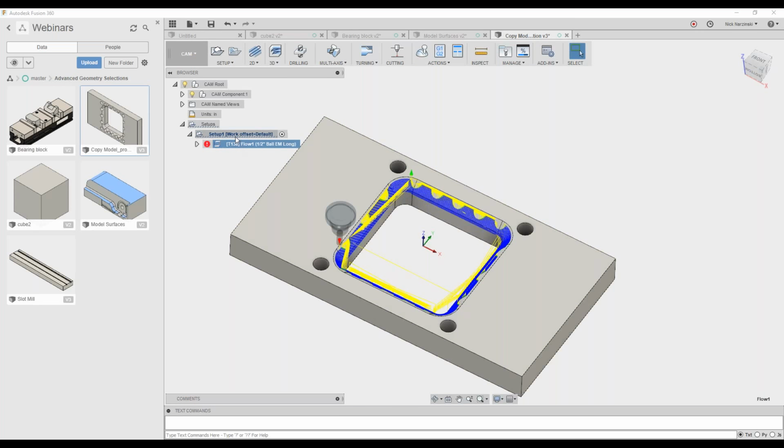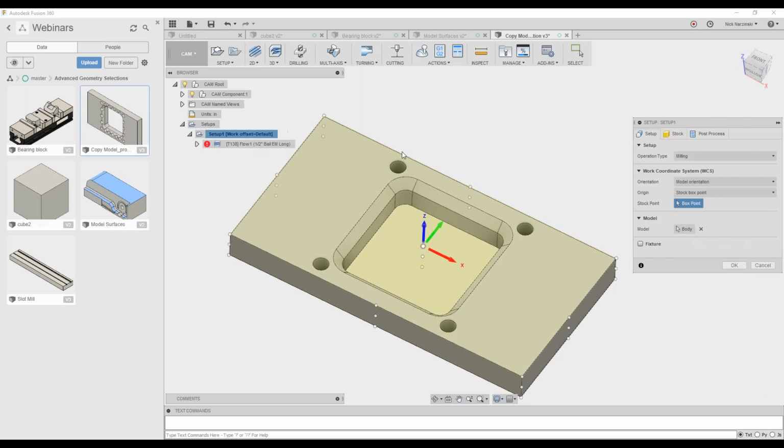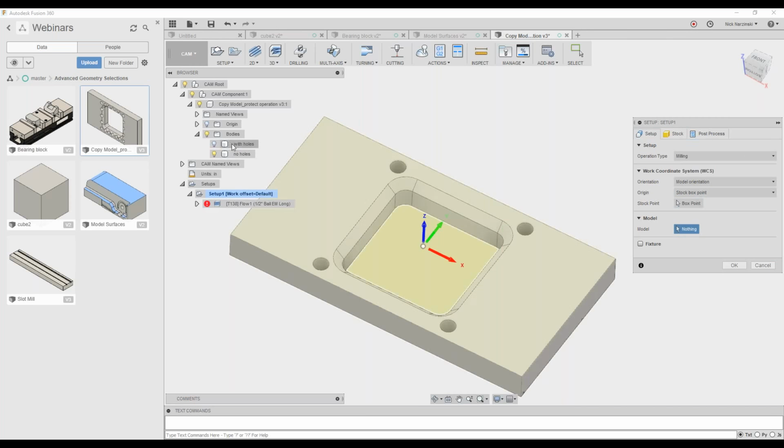Jump back into the flow toolpath. Let's just make sure our setup is the way we want it here though, because now we have 2 bodies in there. It should be the original because that was all that was there when it was created. But just make sure when you guys are doing your setup with this that you pick the finished product as your